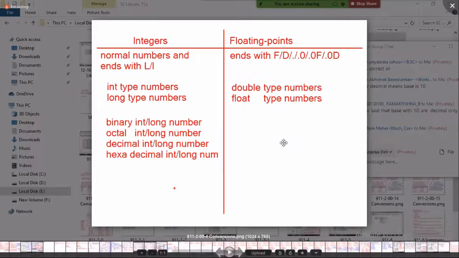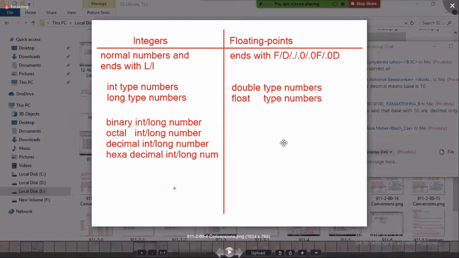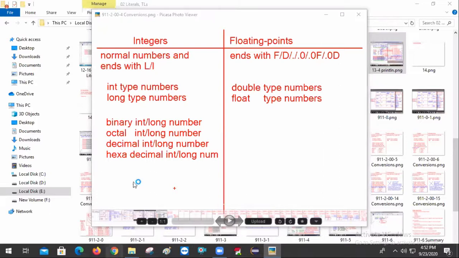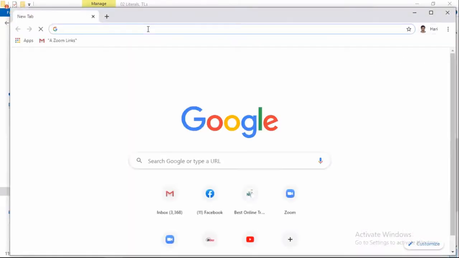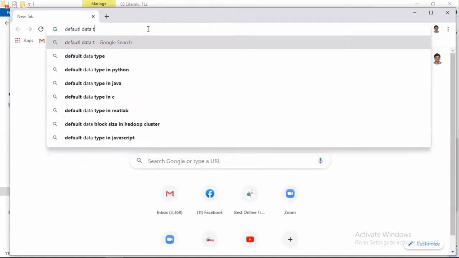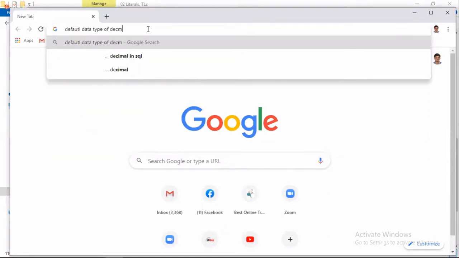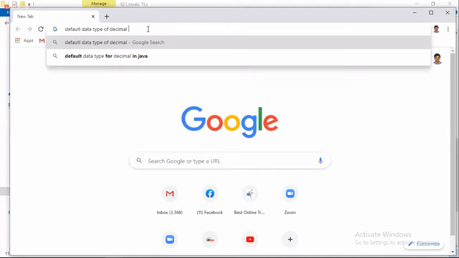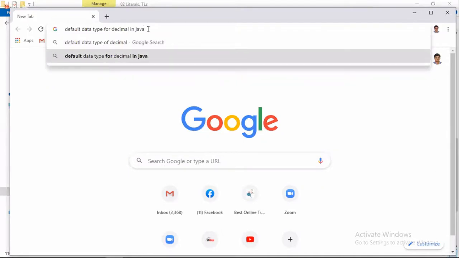If that is a face-to-face round question, it's okay. If it is an objective round question, then we will be screwed. Let me type that question: default data type of decimal number, data type for decimal in Java.